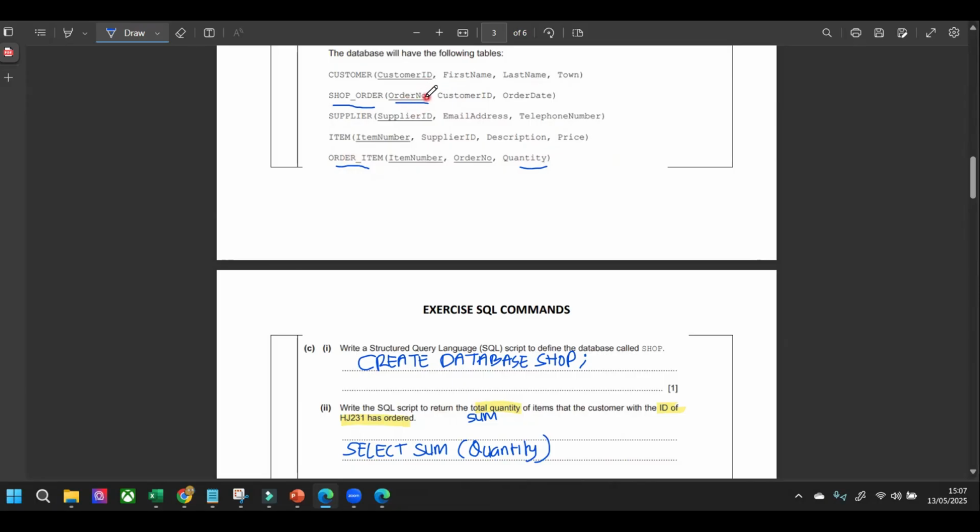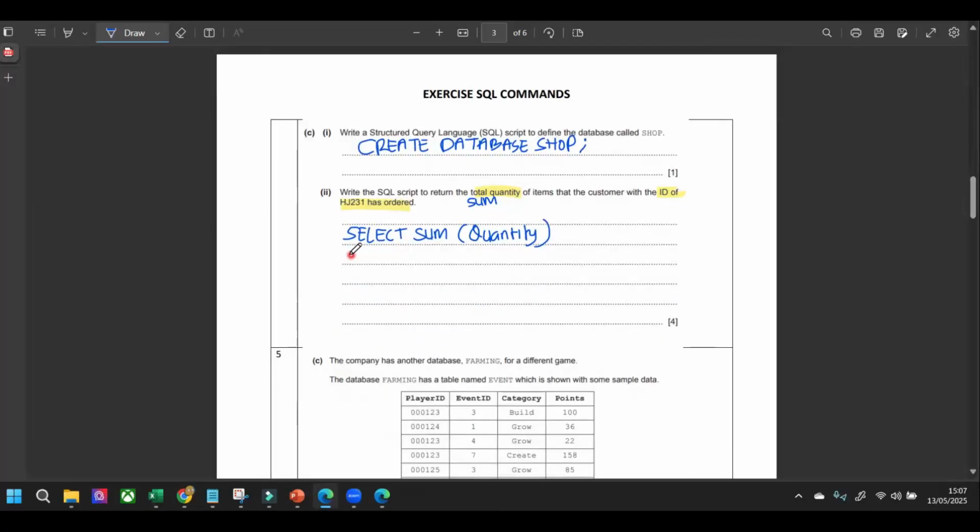So, order number in the table shop order is a primary key. But order number in the table order item is a foreign key. So here we write from order item. This is a table, comma, shop order,